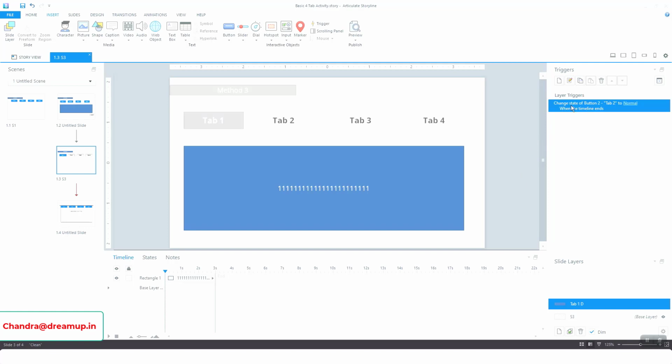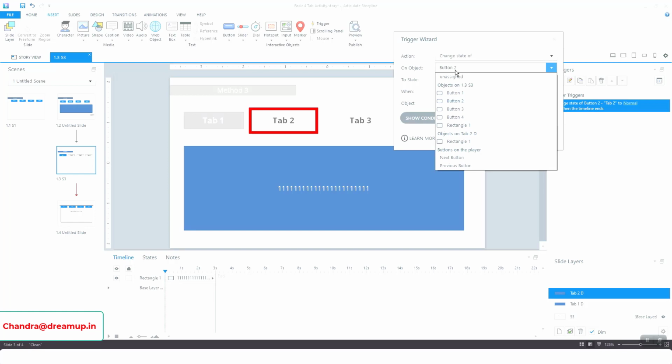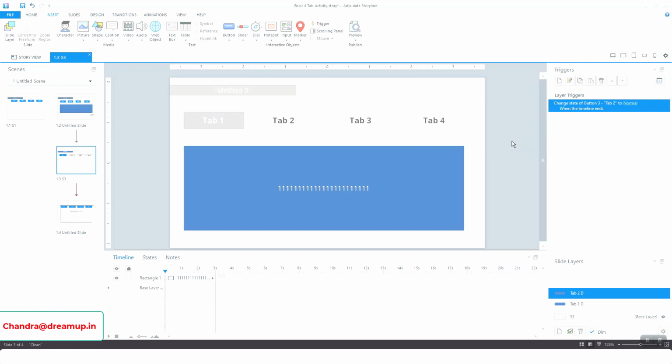and it's controlling the timeline states. It's looking at the timeline, like how much time it will take to be completed. Once it is completed, it fires this event and completes this one. Similarly, we just duplicate this one and rename it as per our need, changing it to tab 2, and instead of tab button 2, we'll just add button 3. That's it. Similarly for